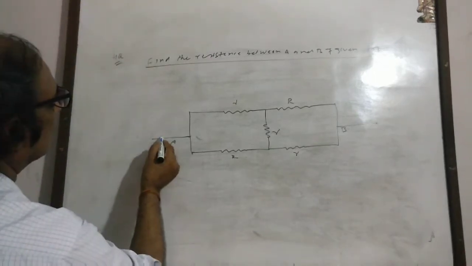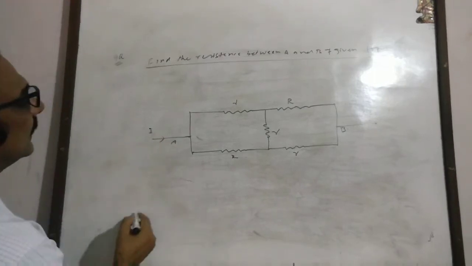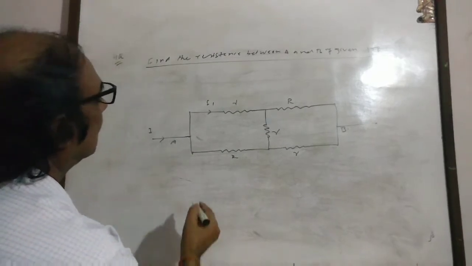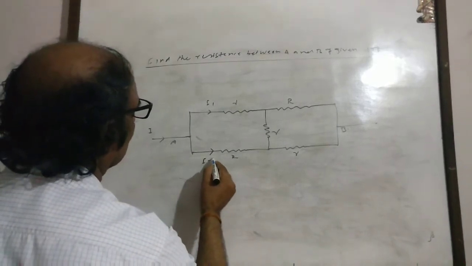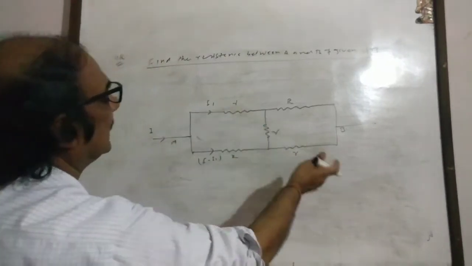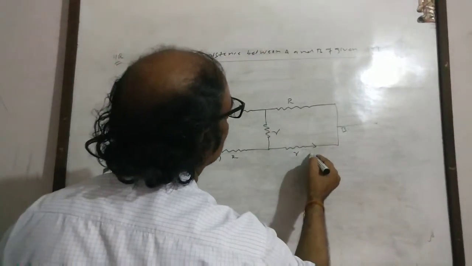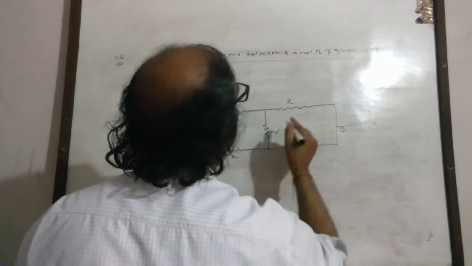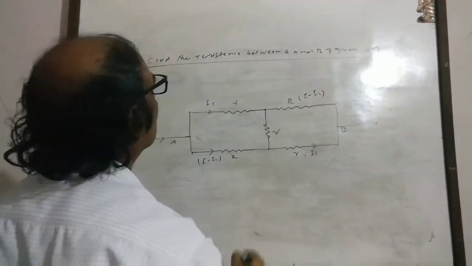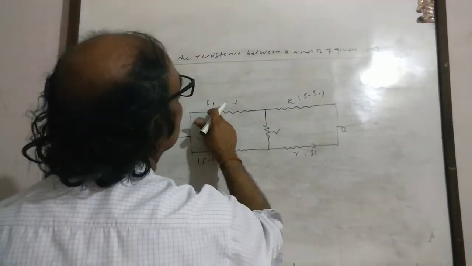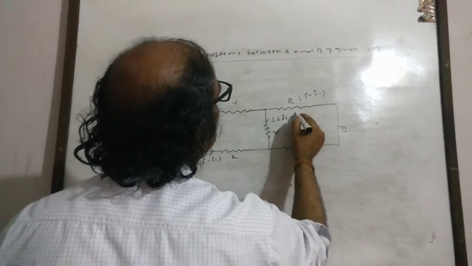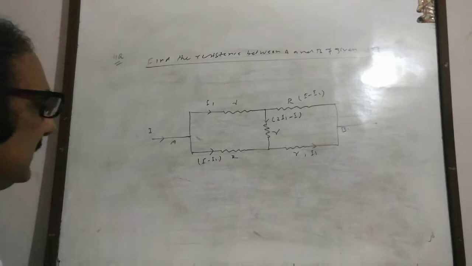So current, total current I, and it is assumed that this one is the current I1 through the resistance R, and this one is the current I minus I1, and using the symmetrical method, this current is also assumed to be I1, here is the current I minus I1, and according to the junction rule, this minus this is equal to this much, so it is 2I1 minus I. So very easy to distribute the current.